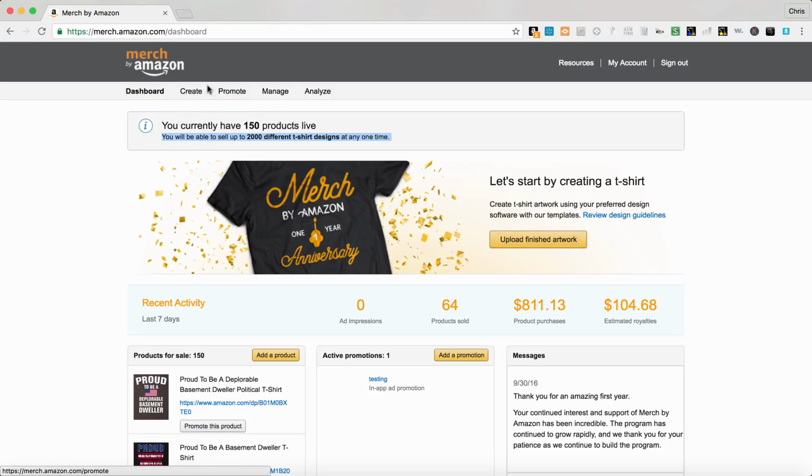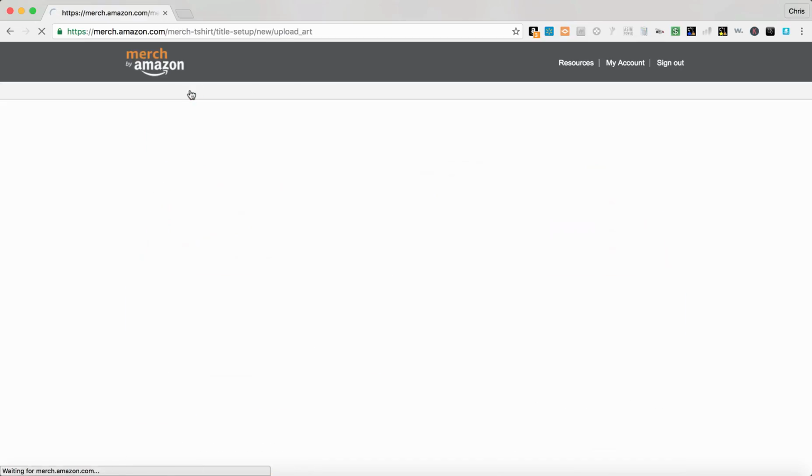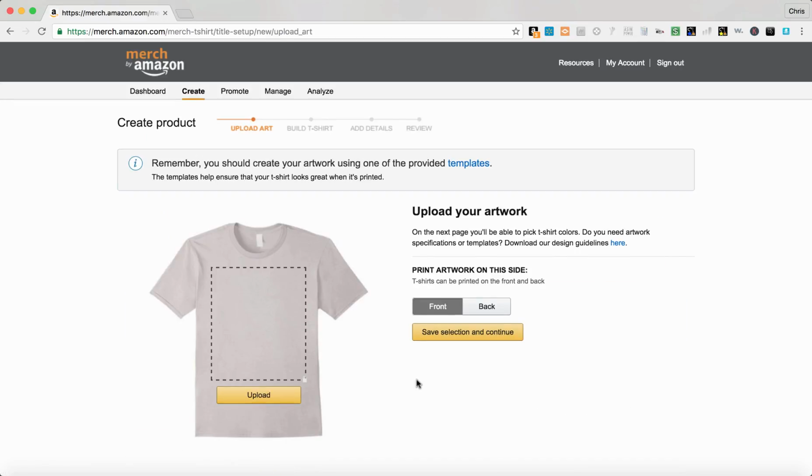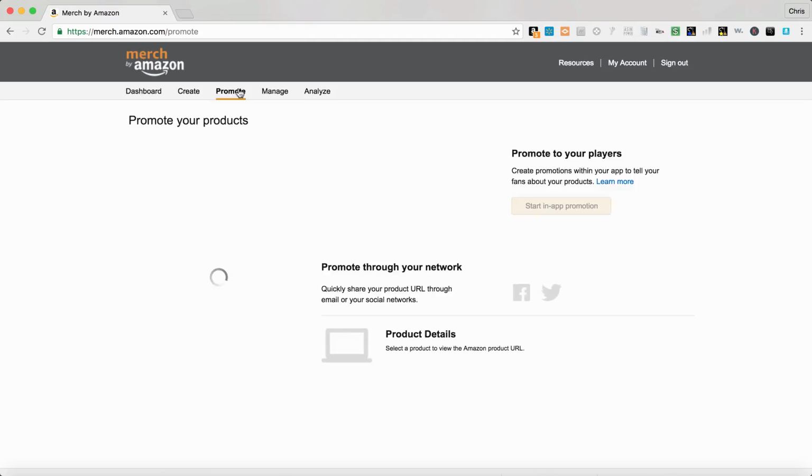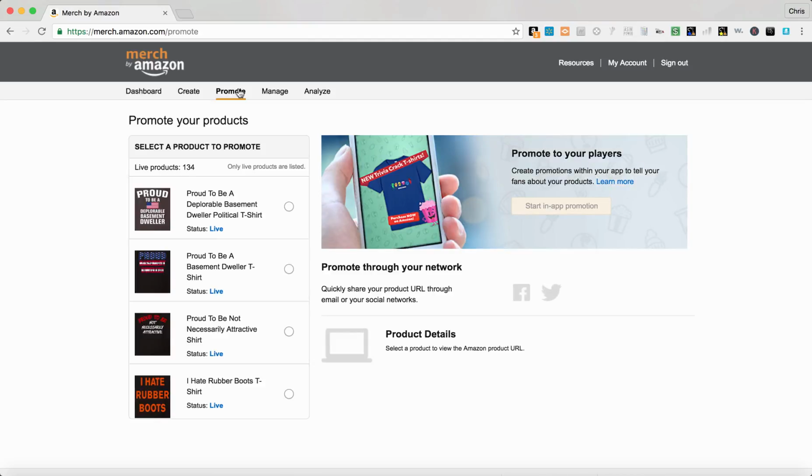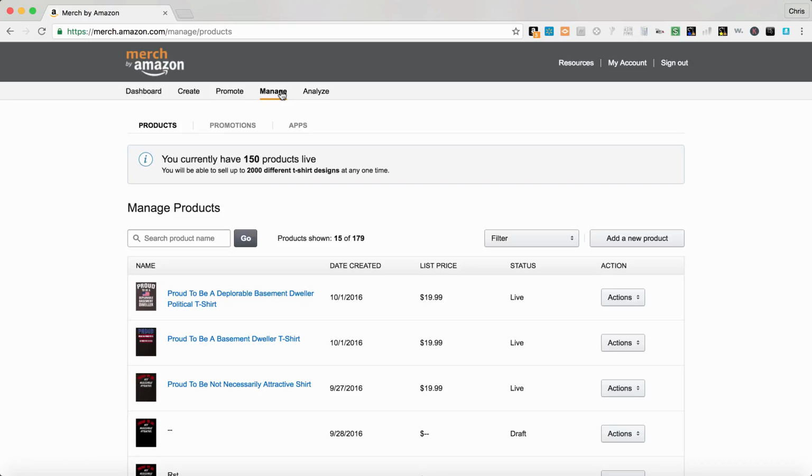So upload finished artwork and create are going to go to the same place. It's going to start the process where I can upload an image. I can do front and back, or just front or just back. Like I said, we're not going to do that. The promote tab is really for the app developers. Okay, so you can take a shirt or a design. If you were using the Amazon App Store, then you could promote the shirt through it, but we're not going to go through that. We do have manage, and this is going to be the products that you've already got up,